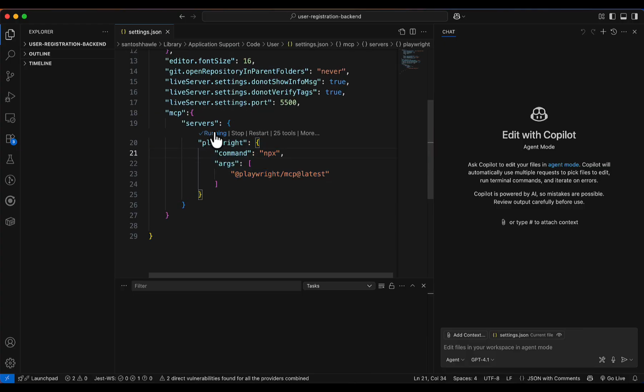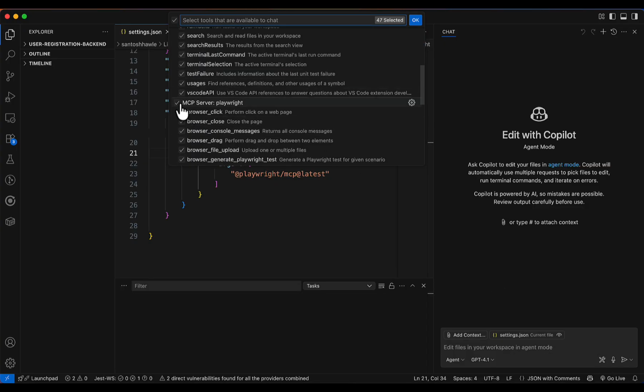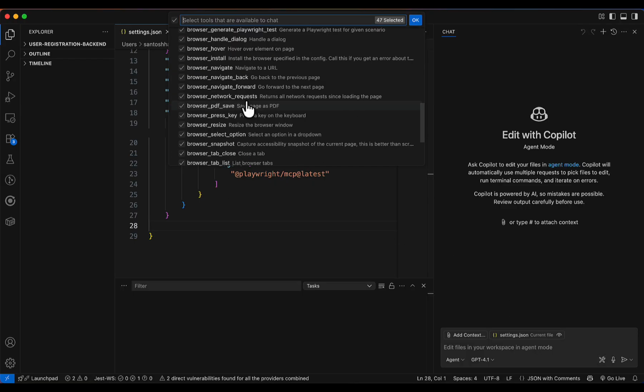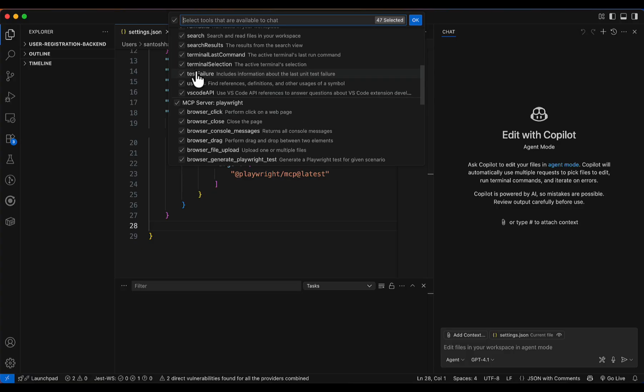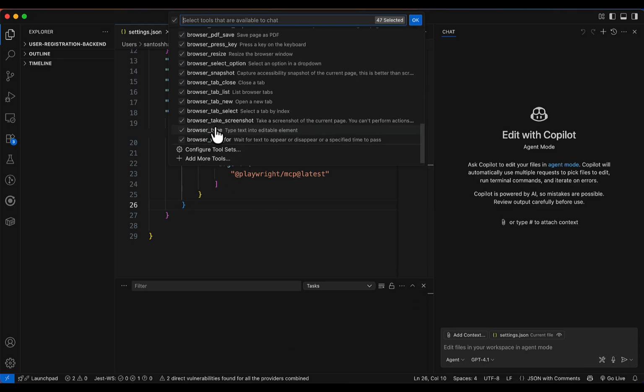If I click on start, it is running, and if I go to this one, now I am able to see the MCP server Playwright. If I stop it from here, and now if I go to configure tool, I'll not, okay, let me see, I think it is still showing. Let me